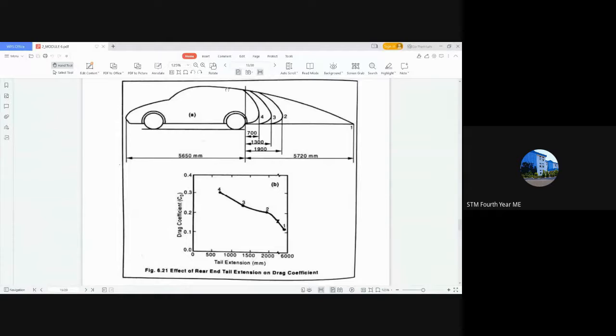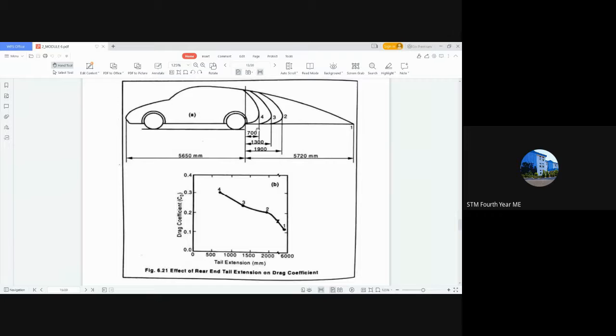So the 1 is a theoretical concept, and it is not found that much. It is there, but it is not found that much because it is not ideal for maneuvering the vehicle. But if you are providing it till 1, there will be no disturbance in the airflow. Okay, it is in the same